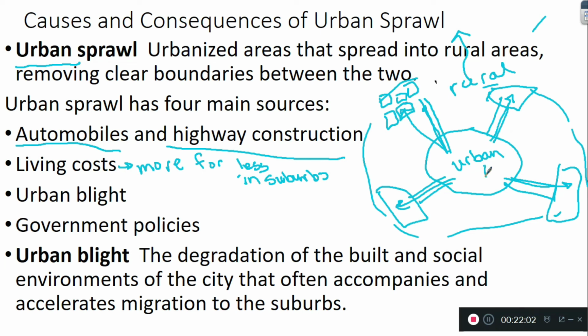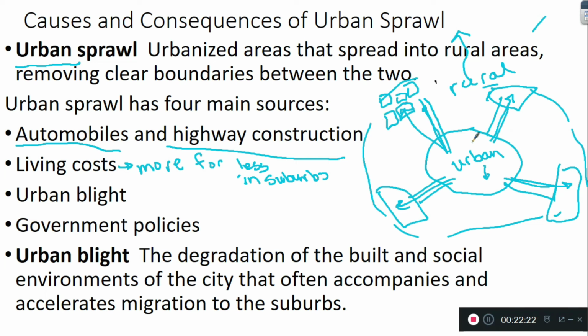Now the tax revenue of the urban areas goes down. They can't provide the social programs anymore. They can't keep their roads up. They can't offer mass transit at an affordable price for the poor people. So then we have urban blight happening. Businesses start to close. Buildings become dilapidated, and we start having it really just be a terrible, terrible place